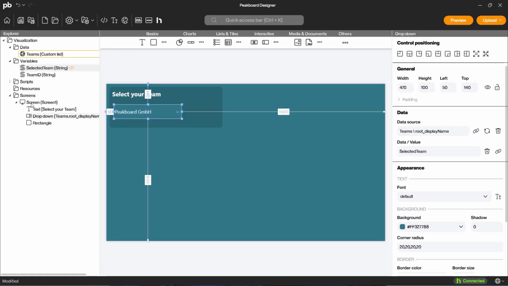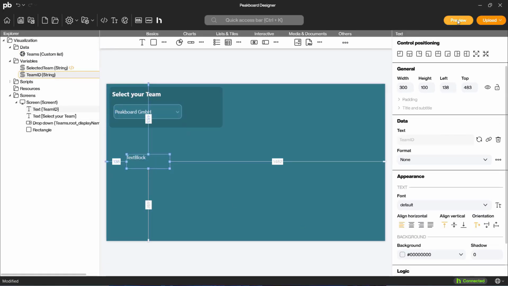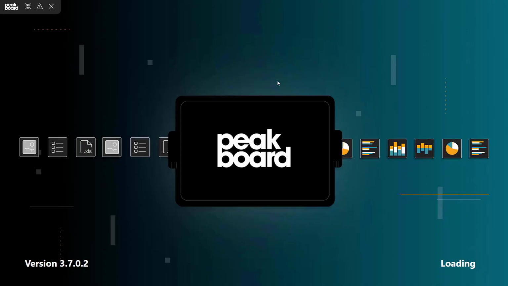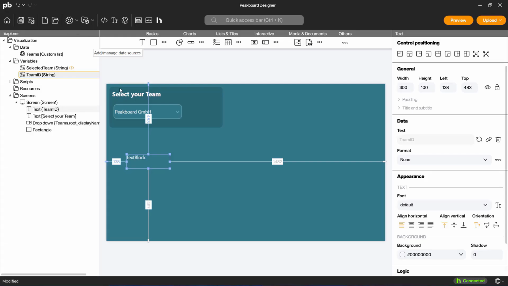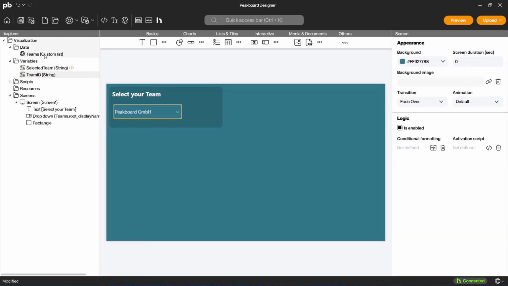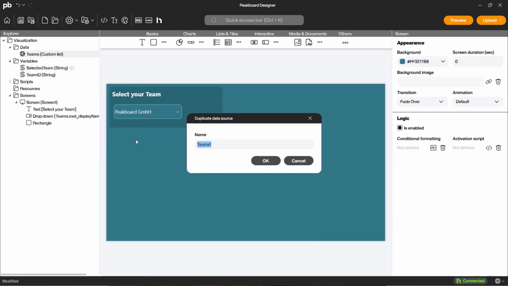We can also now display the team ID variable on the screen as a text field, and then start the preview to test if our logic works up to this point. The logic seems to work, so we can proceed with the next value we need to send the message, the